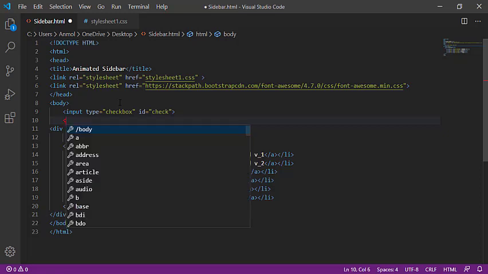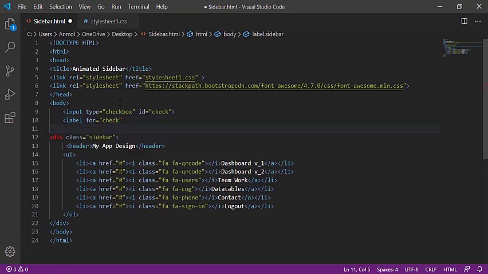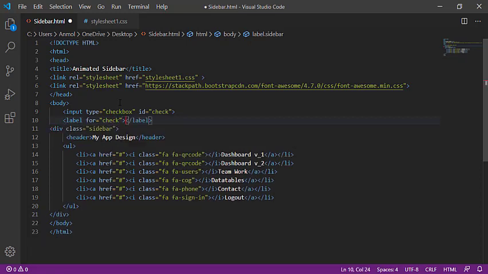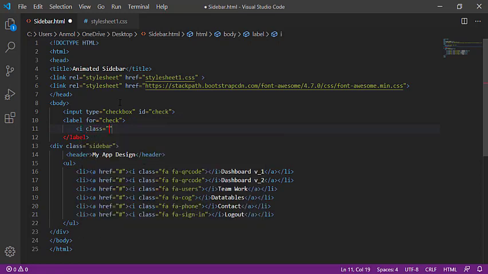Then the input will work for the label and the ID, and this label is for the check. Close this, and in the label I am adding 2 icons with the name of fa bars,